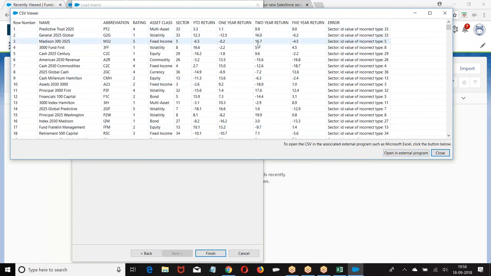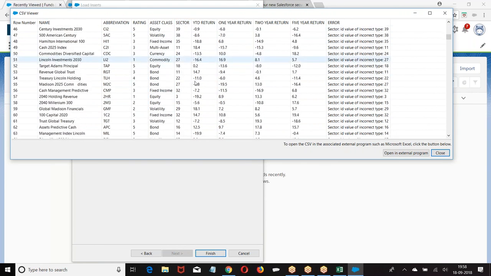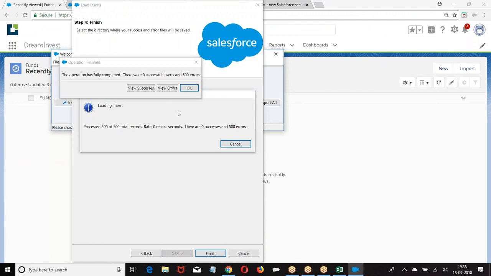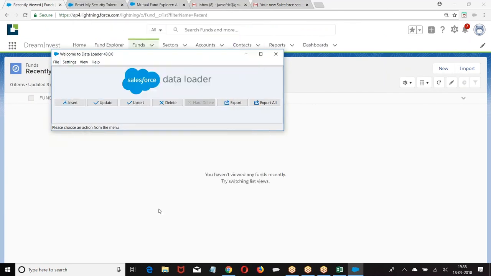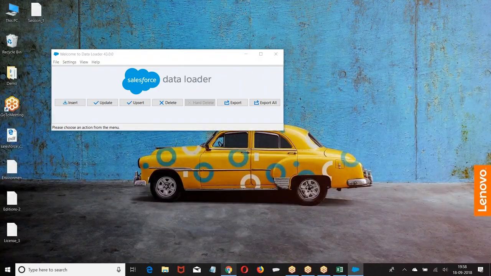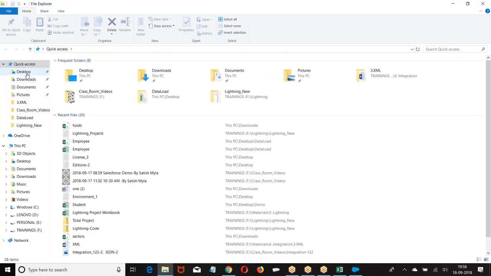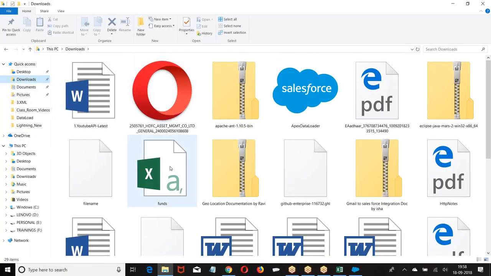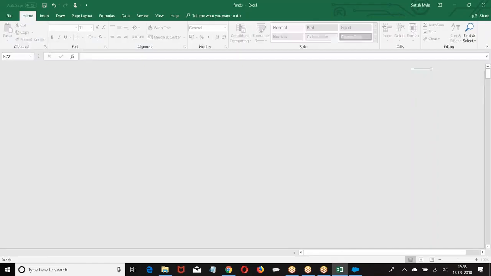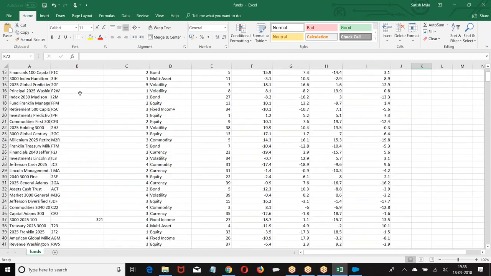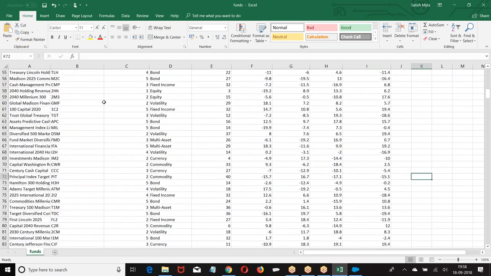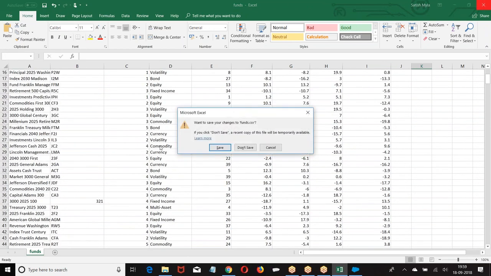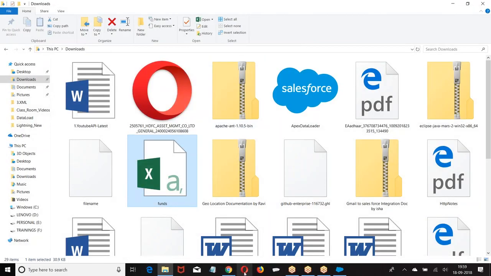ID value for the sector type. Okay. First, let me go with sectors then.